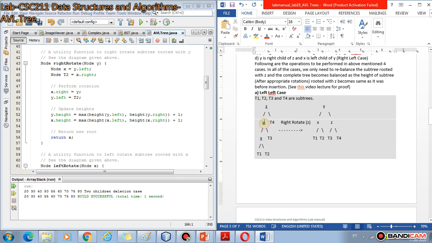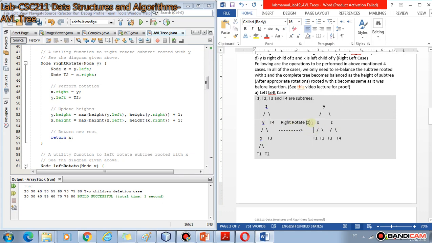You see, the left child of this Z was Y. So this Z becomes the right child of its left child, which was Y, okay.